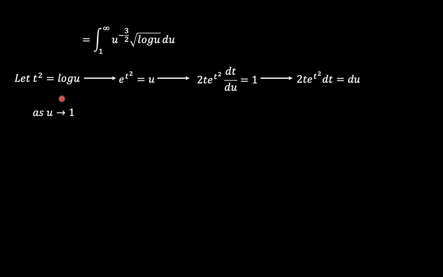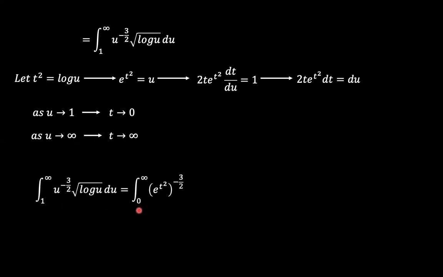Now with this transformation, we can say when u tends to 1, the lower limit here, then t squared is equal to log of 1, so therefore t tends to 0, since the logarithm of 1 is 0. And as u tends to infinity, t also will tend to infinity. Therefore, this integral now becomes